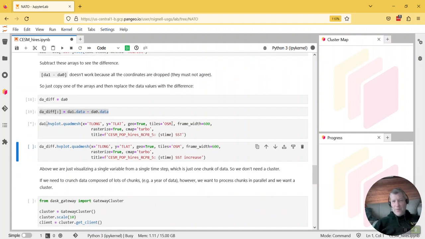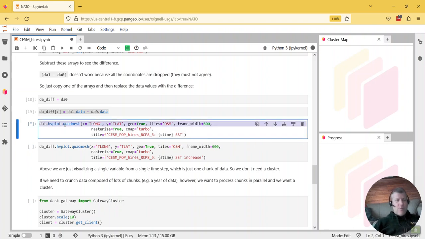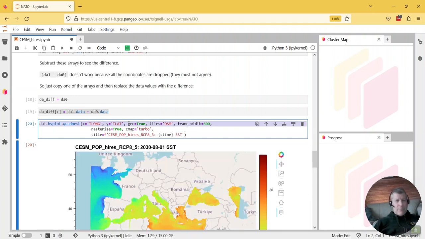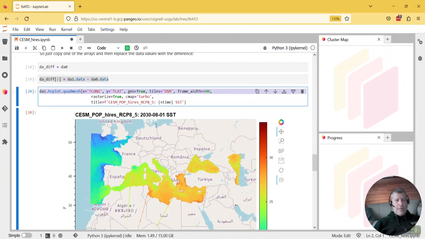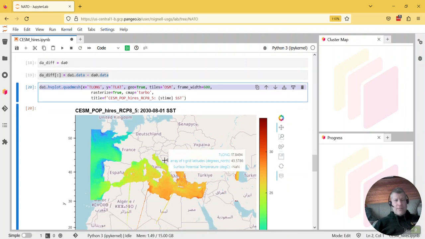So let's finally take a look at this. Probably should take a look before, but this is just hvPlot quadmesh. So I'm specifying the latitude and longitude variables here as X and Y. I'm saying geo equals true because they are lat and lon. I'm putting on a tile map service, so you can see the base map and make sure it's in the right place. And I'm saying rasterize equals true, so it rasterizes on the back end and then just delivers the data values back here. So you can see there are a few weird values in here that are causing these lines. I'm not sure how to get rid of those yet, but